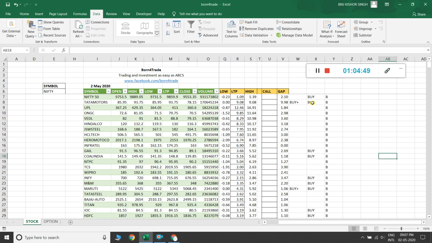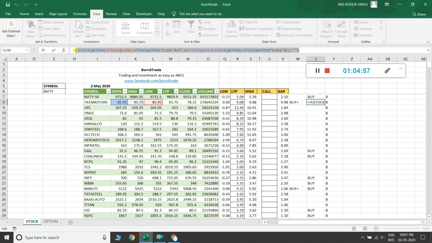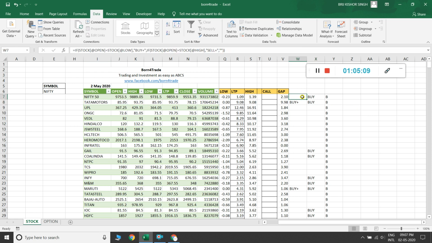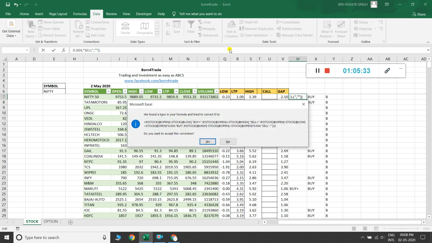Okay, so first of all I click here in the buy signal and copy this formula up to the equal to sign, press Ctrl plus C, then escape, come into this column, click here, go to the formula bar, delete this, and paste it with Ctrl plus V and hit enter. Again it asks me that this is not a good formula and wants to correct it.